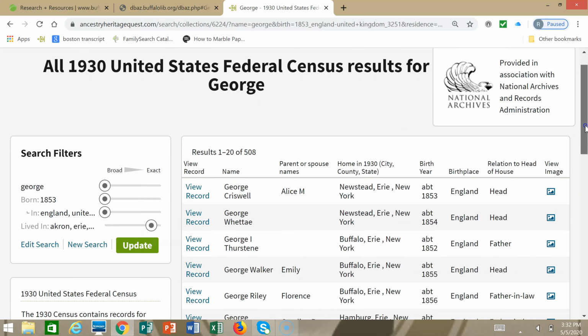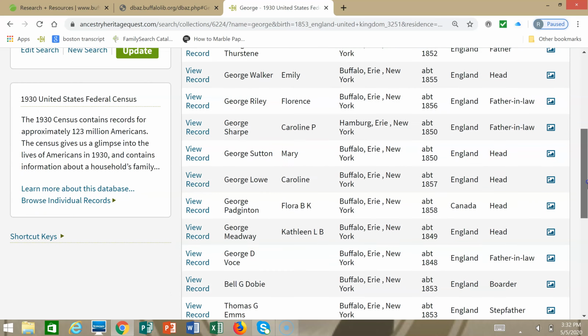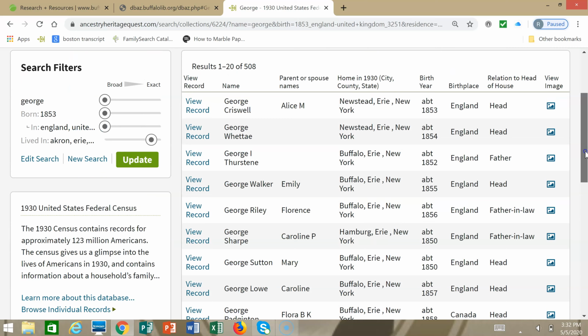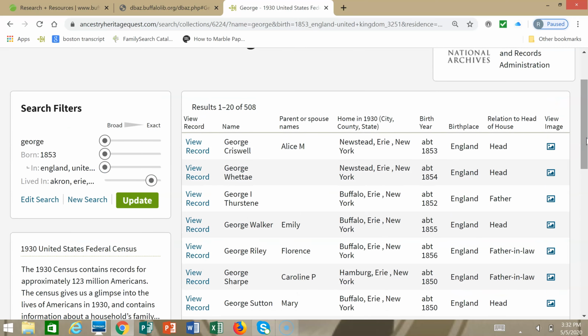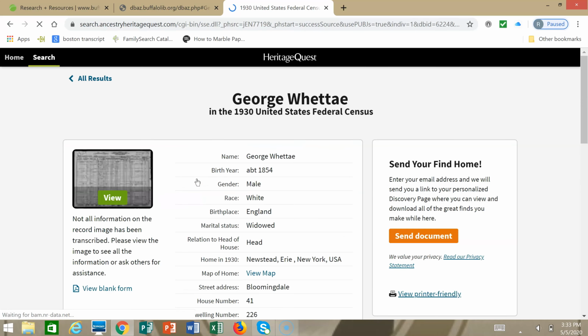When I look at these results, I look them all over, there's one that stands out to me near the top. I see this George Witte that lives in Newstead. Akron is in the town of Newstead. It says, he was born about 1854 in England, so that looks really close. So I'm going to look at this, click View Record,